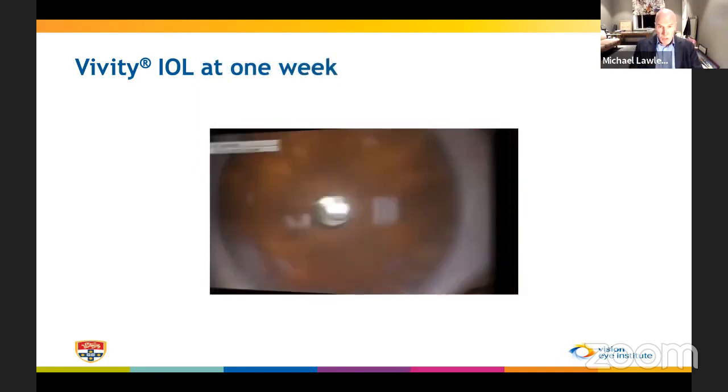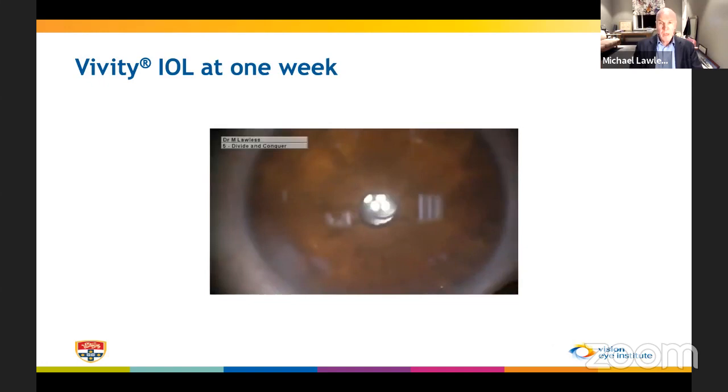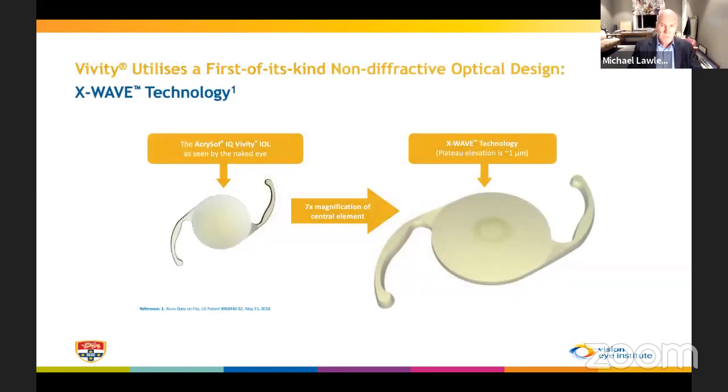That's 1 week post-op, and you can just see in the pupil there the little edge of the 2.2 millimeter ring, the pupil's constricted under the operating microscope. I just flicked over to that eye as I was doing the second eye. You can see that just as you can see it on the slit lamp, but you can't see it with the naked eye. So the patient or a patient's relative can't see this as a different lens. If you magnify it up, you will see